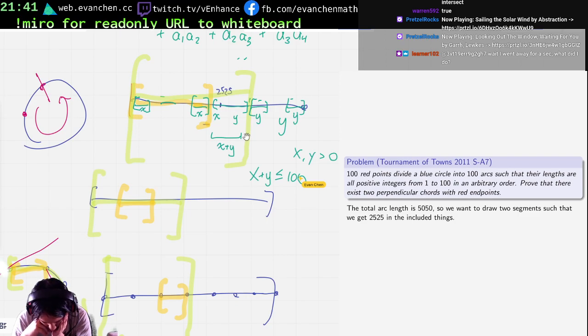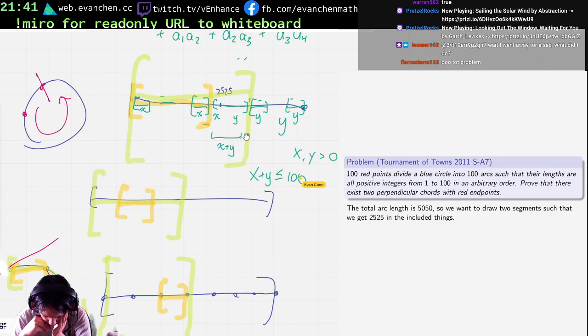Or actually, what I could do is, because I get to choose where I cut, right? So if I get to choose a place where I cut, I can control a little bit about what goes on either side. So if I pick two consecutive things,